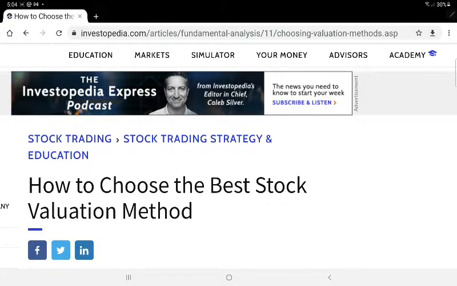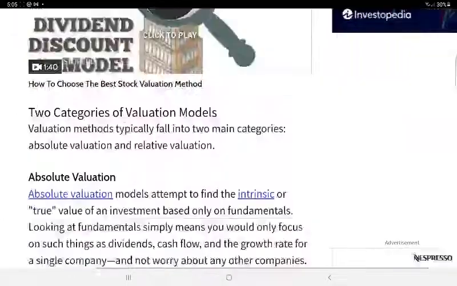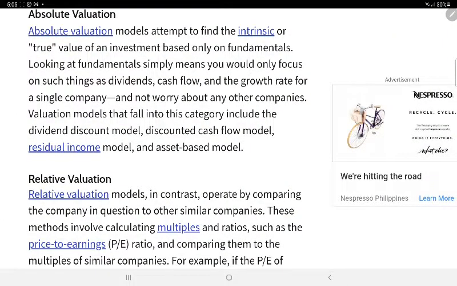And what are the valuation methods? Actually, you have two models. The first one will be absolute, and the second one will be relative. When you say the absolute method, this is where we are computing for the market value of bonds,